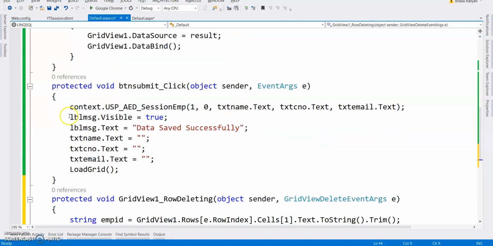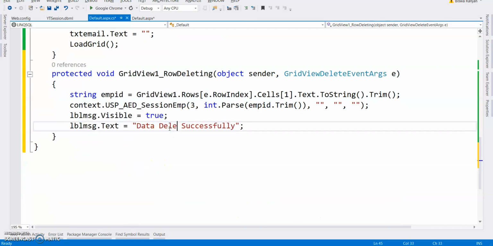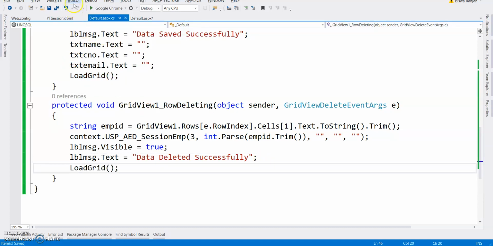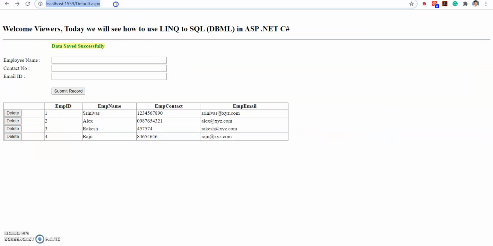Next, show the message here and again call the load grid method. Build the application, build succeeded.